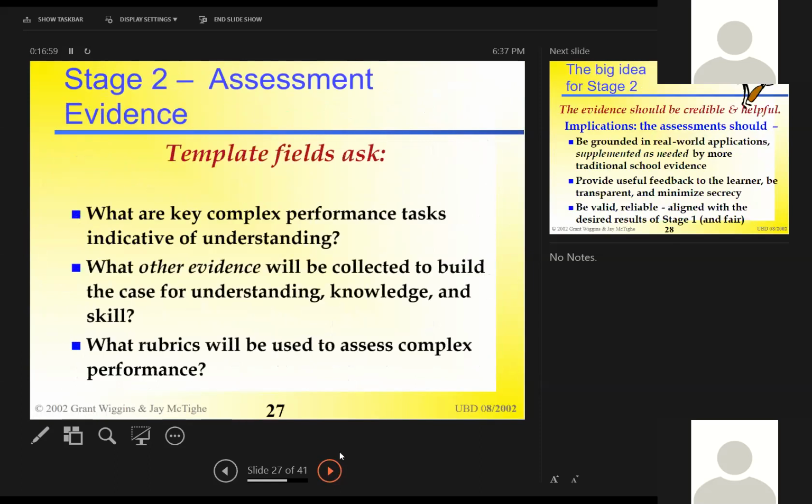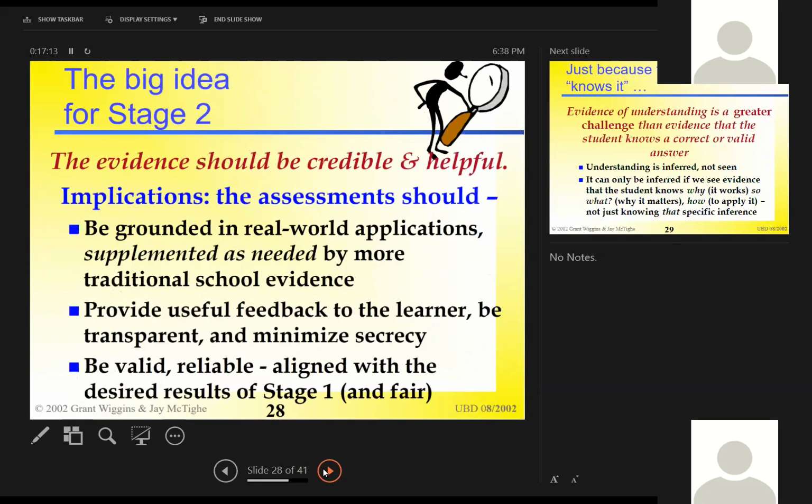So this is, what are those performance tasks that our students need to do? What is the other evidence? And rubrics, how are we going to assess complex performance as opposed to just giving a straight grade? Okay, so it should be credible and whenever possible, make it relevant. Oftentimes we just give kids these crazy math problems or these stories to read and they don't have any background or relevance at all. One of the things that you want to do in your planning and to make sure that carries into your teaching is the idea that we are going to have relevance. We're going to have rigor and things that are real for our kids.